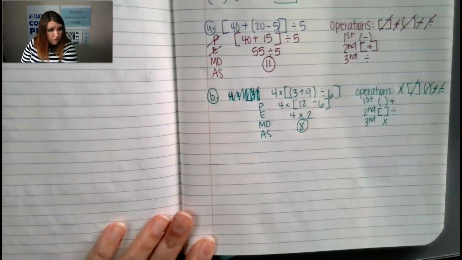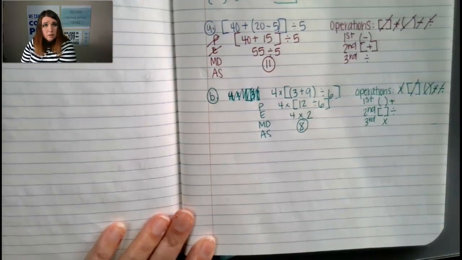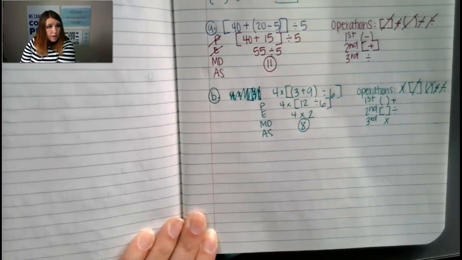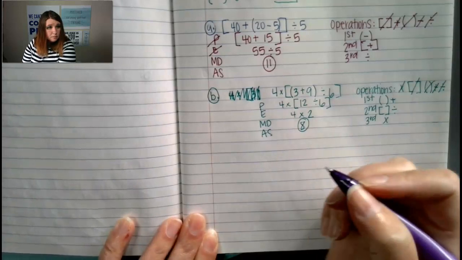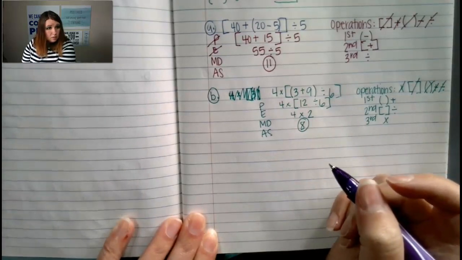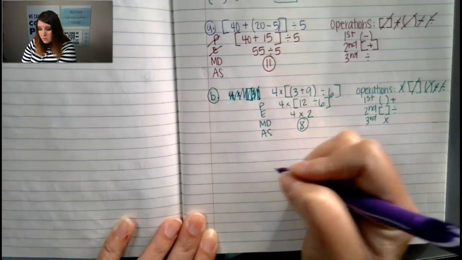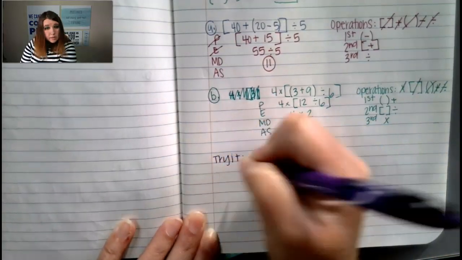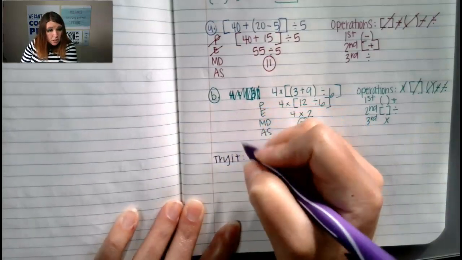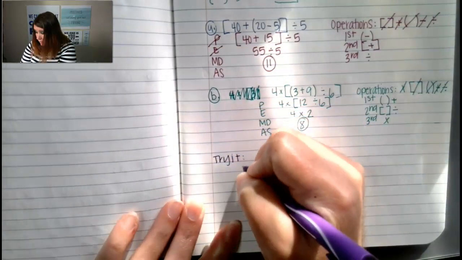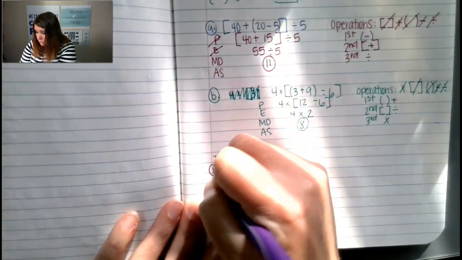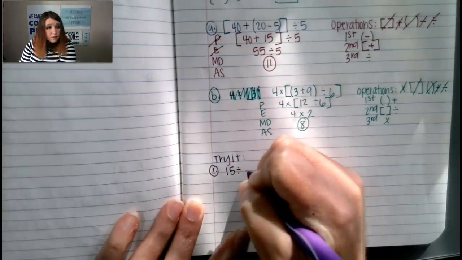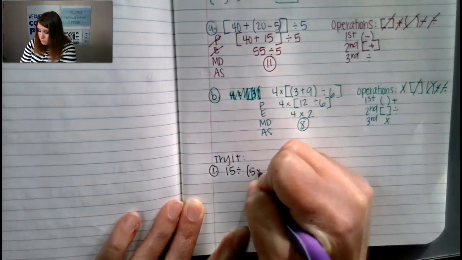I'm going to have you do a try it, and let's have your try it be, oh, this one looks fancy. So your try it is going to look like this. This one's actually going to have 2 sets of parentheses in it. But don't get freaked out. Just do the parentheses first. 15 divided by 5 times 1